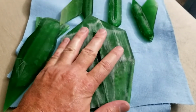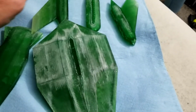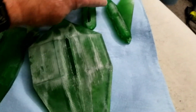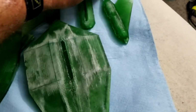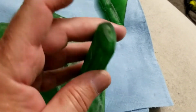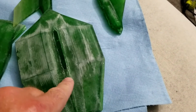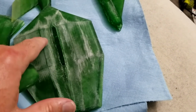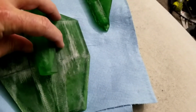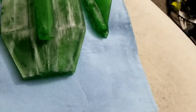Okay, after reprinting the main body and the deformed right wing, I now have the parts to do the 1/144th scale Goldwing 1. I did run into a problem on the reprint with the upper piece, so I basically went in and cut off the deformed piece from this one, and cut this piece off, the original one that shattered, and I'll glue it in place, and when all is said and done, we'll have one